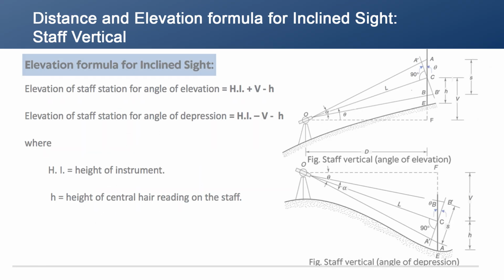Finally, let us calculate the elevation. So, to calculate the elevation of the point on the staff from the height of the instrument, we have these equations. For the angle of elevation, theta above the horizontal, elevation is equal to height of the instrument plus V minus h. For the angle of depression, theta below the horizontal, the elevation is equal to hi minus V minus h. So, here hi is the height of the instrument above the ground and small h is the central hair